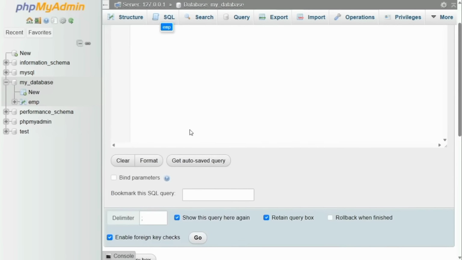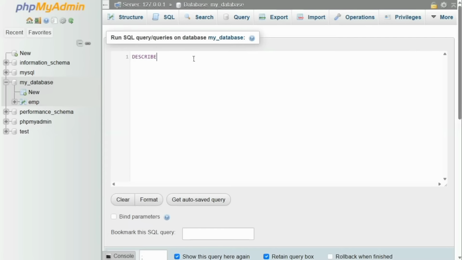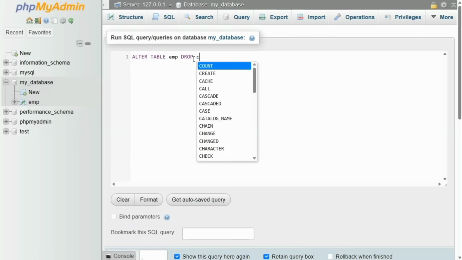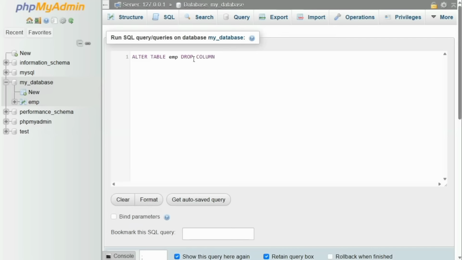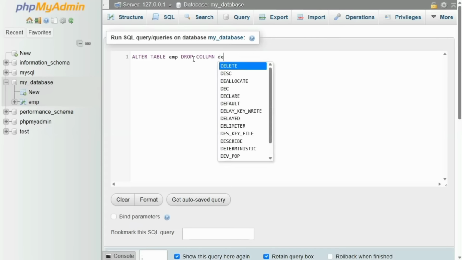Similarly, we can drop the attribute. So alter table emp drop. For adding we will use the keyword add, and for deleting we will use the keyword drop. Column department ID,